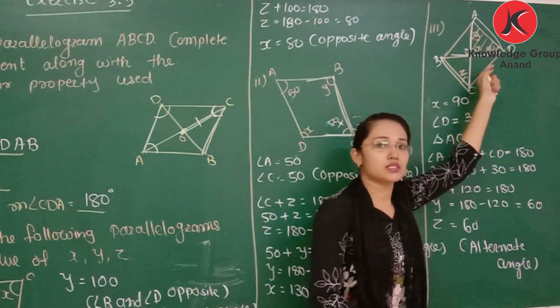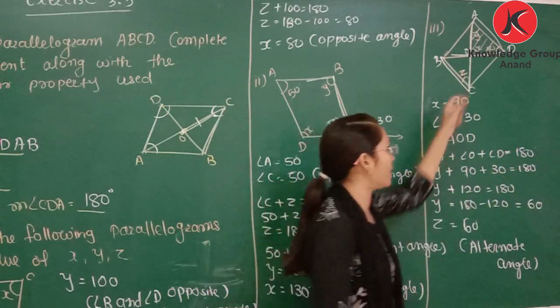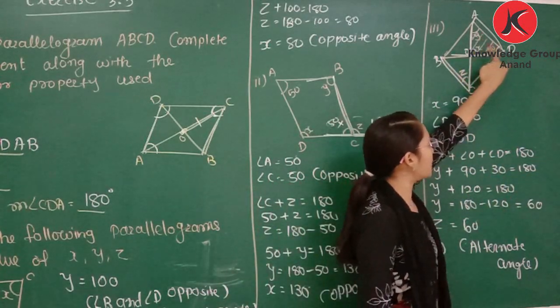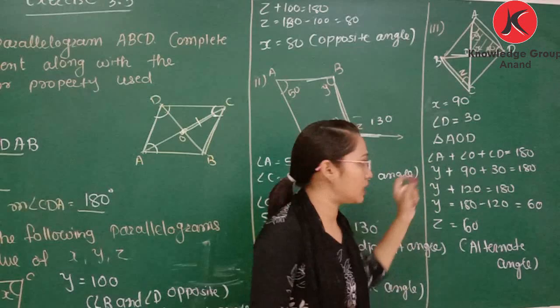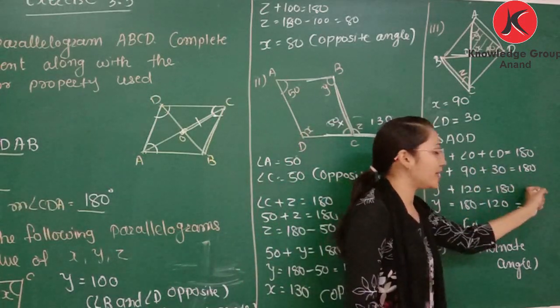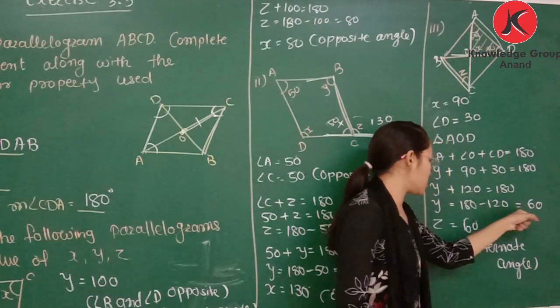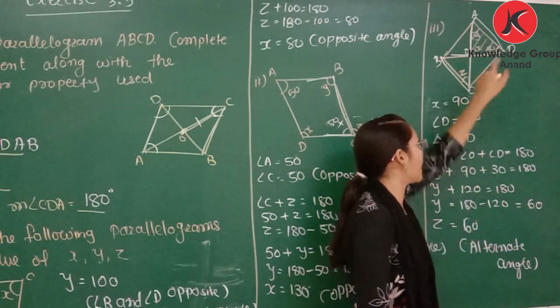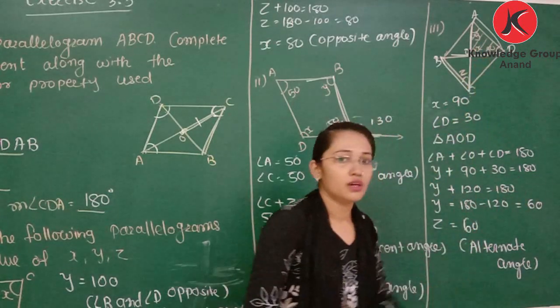Again, we started with the triangle AOD. In a triangle, the sum of angles is 180. So we can write y plus 30 plus x, that is 90 degree, is equal to 180. 90 plus 30 is 120, and subtracting from 180, y will be 60. So z is also 60. Why? Because y and z are alternate